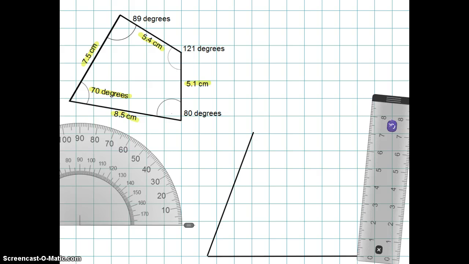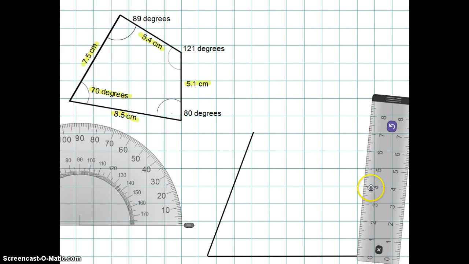Now, I'll give you guys 5 seconds. Think about why Mr. U is not going to simply position my ruler there and draw any line that is 5.1 centimeters long. I'll give you 5 seconds. Go. Alright, that was 5 seconds. If you need more time, just pause the video, think a little more, and then continue watching, because I'm now going to explain why I am not going to just draw any line that is 5.1